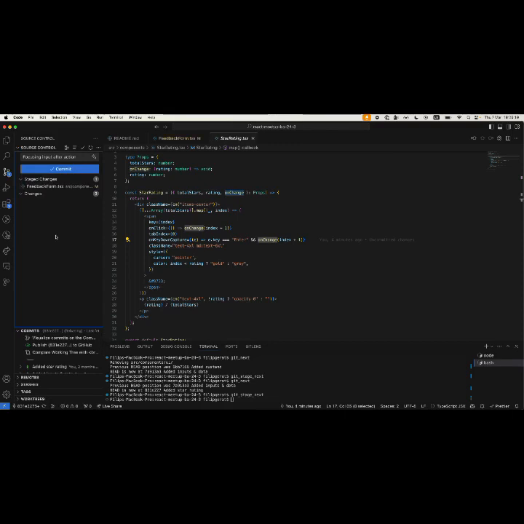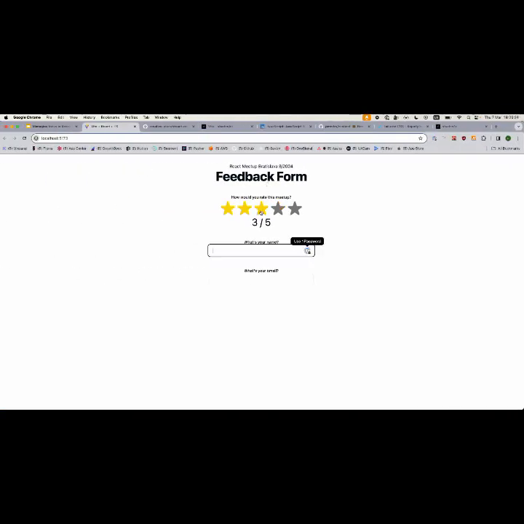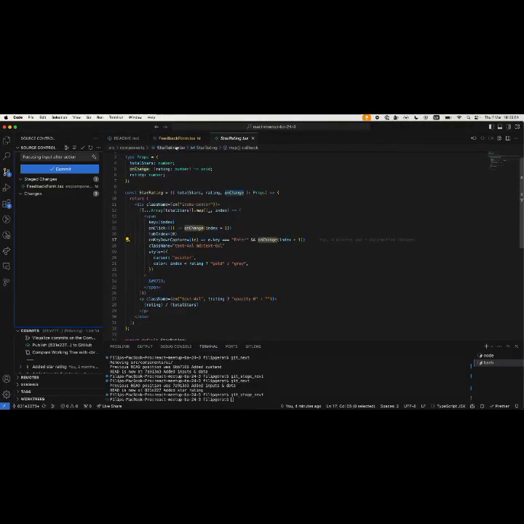Yeah, so now what we want to do is we want to help the user by automatically focusing the name input after they have given us a rating. So if I now click on a star, I will automatically be focused in the next input. This is also great for mobiles because it also will draw your keyboard, so you know that immediately you can type. You don't have to focus the input field now manually with a tap or with a click. And we have achieved this